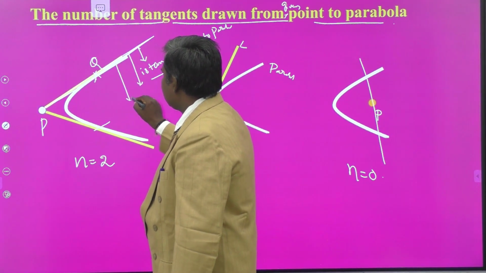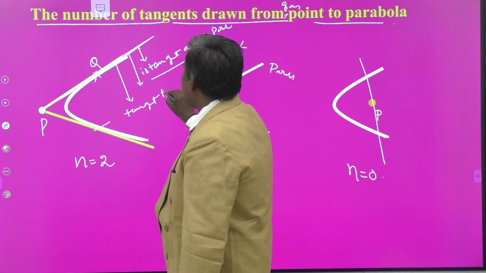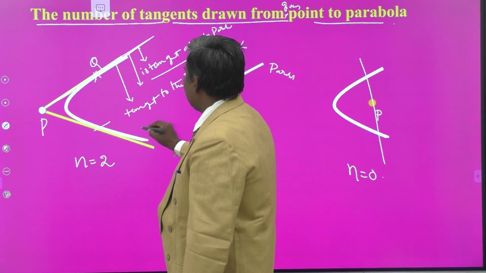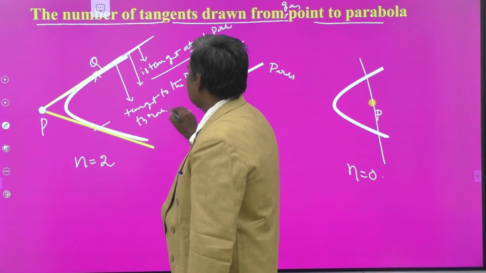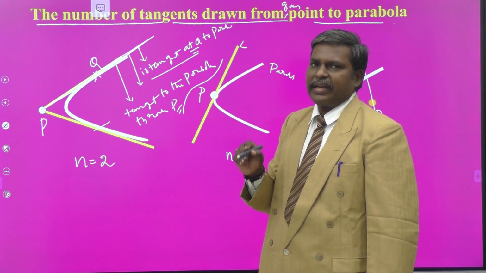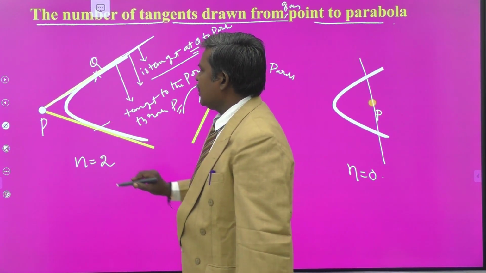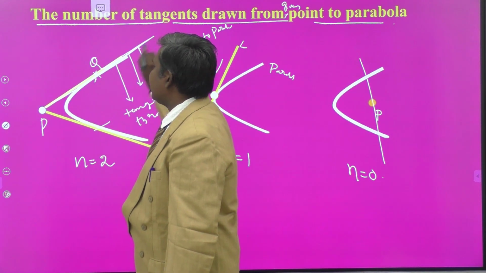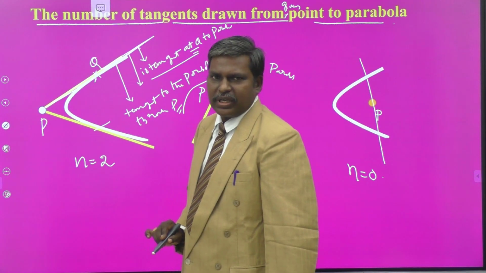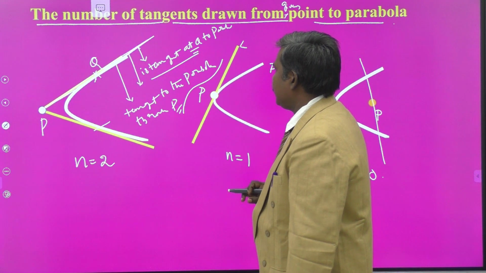Here, this is the same as the tangent to the parabola through P. It is my sense. So for your point of contact on the parabola, we said that it is tangent at this point. But we can't say this is tangent at this point P, because the point is outside. Remember, distinguish the two things here. Always keep in your mind.